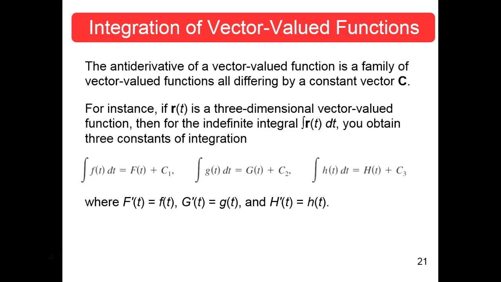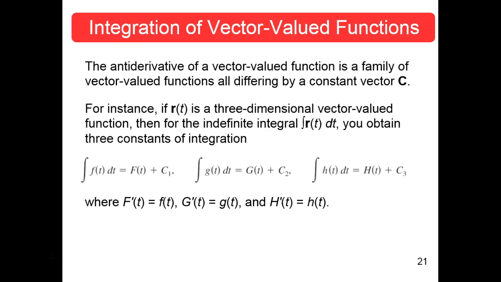Each component would have had a c1 times i, a c2 times j, a c3 times k, so that gives you a vector C made up of these three components. For instance, if R of t is a three-dimensional vector function, then for the indefinite integral,